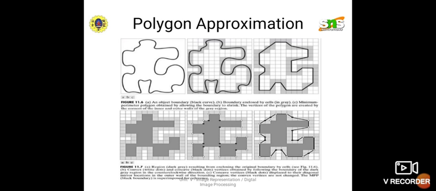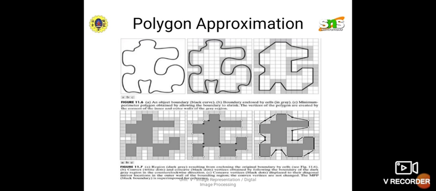Okay, so the polygon is given. The polygon, that is the boundary, is given as an example we have taken. Okay, this is represented in terms of a grid in the second diagram. The same boundary, with gray color boxes, denotes that it is following the boundary, right? And next, by using the minimum perimeter polygon in the third diagram, we are allowing the boundary to shrink, right,